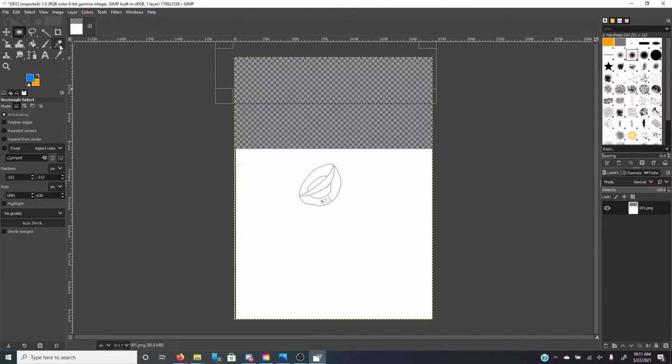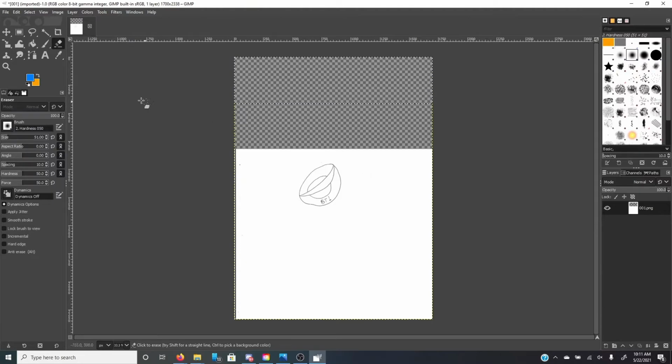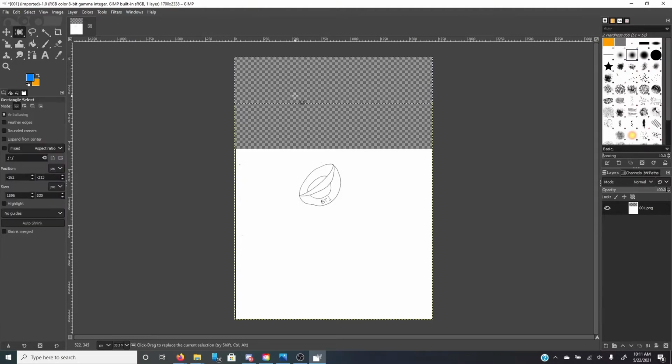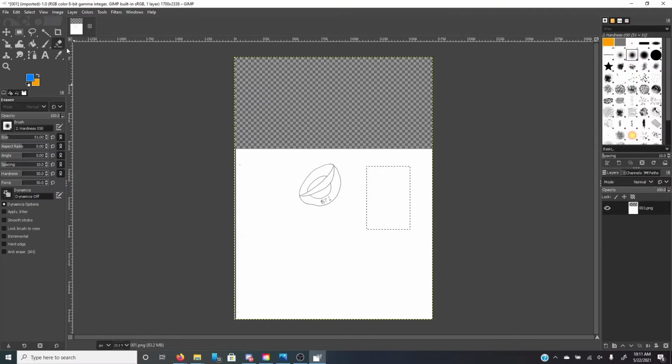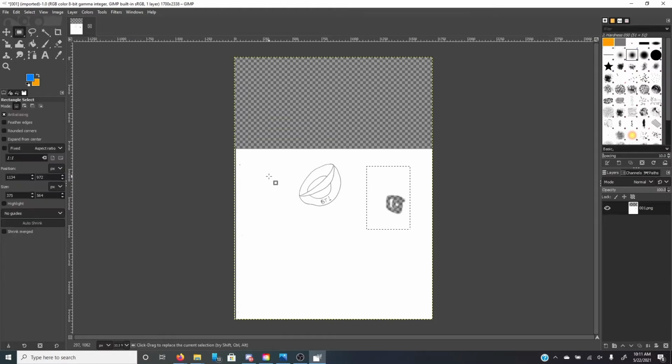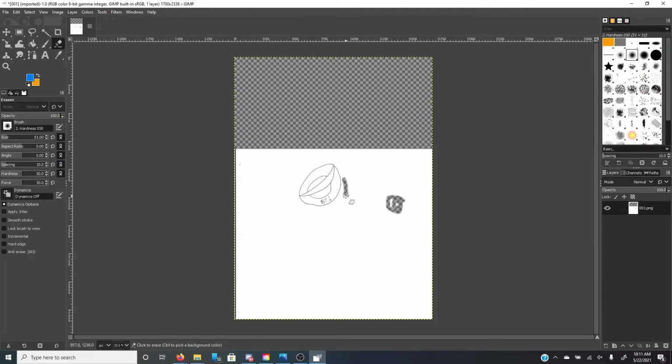You can use the eraser tool to delete backgrounds. Make sure that you don't have anything selected though. So just click outside of the selection box, because if you have something selected, it'll only work within the selection. So to unselect the area, just click anywhere and don't drag. So then you could also erase around this manually using the eraser tool, or you could cheat and use the fuzzy select tool,